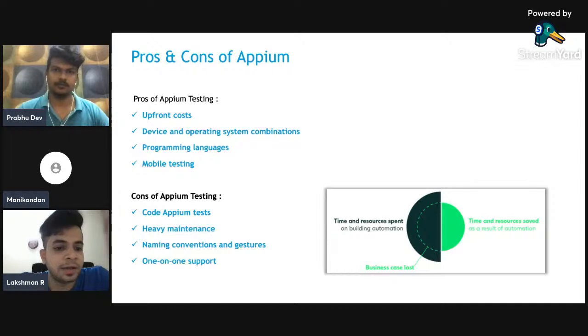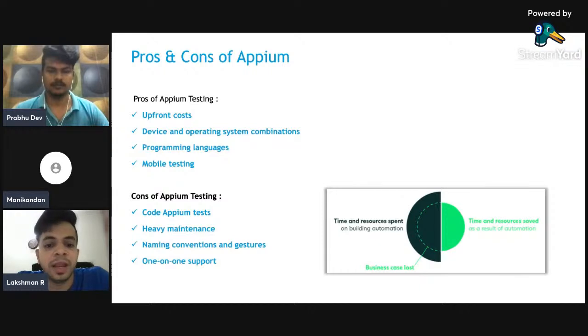And heavy maintenance. Why I'm saying heavy maintenance is that the script you write in Appium has to be maintained regularly, because on mobile, patch releases come frequently, like 8.5 to 8.5.1, 8.5.2, as well as major releases from 8.5 to 8.6.